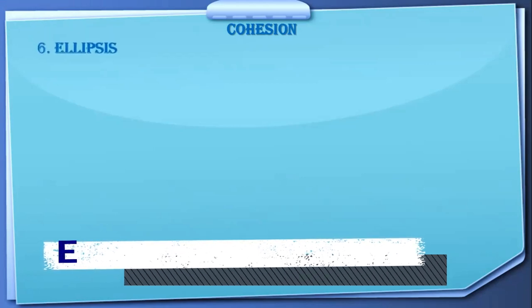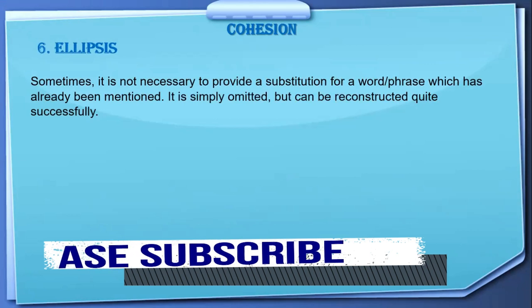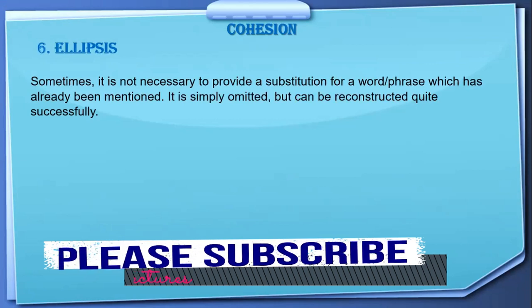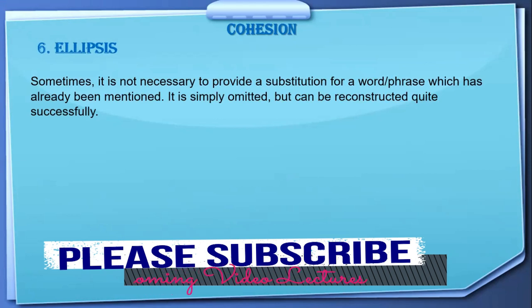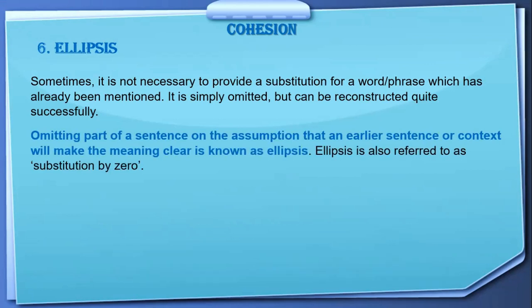Here is another part, we say ellipsis in cohesion. Sometimes it is not necessary to provide a substitution for a word or phrase which has already been mentioned. It is simply omitted, but can be reconstructed quite successfully. So what happens sometimes, we do not use the substituted words. We sometimes think it better to omit the word. So omitting part of a sentence on the assumption that an earlier sentence or context will make the meaning clear